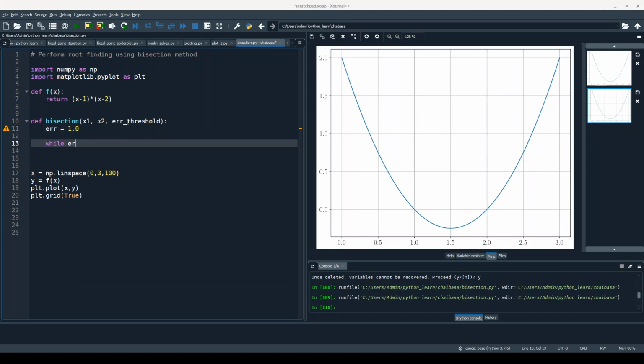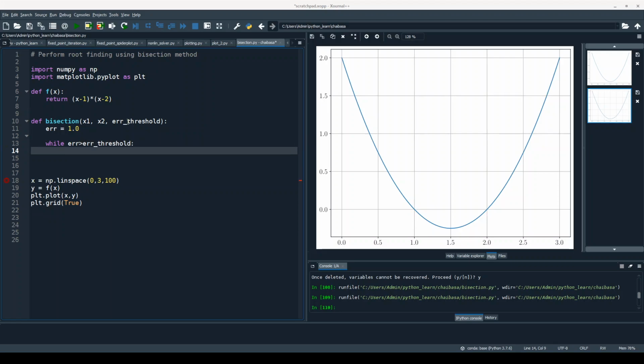So while error greater than error threshold, while this is true, let us do the calculation. Upon receiving x1 and x2 as the guess values, or let us write this as xg1 and xg2, the user will simply give us two guess values.